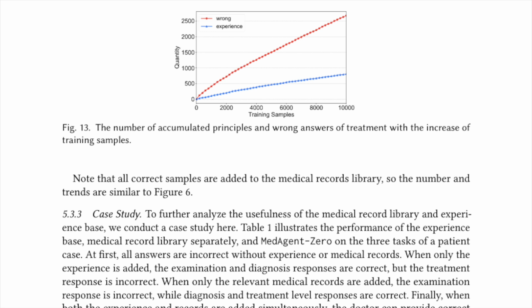When only the experience is added, the examination and diagnosis responses are correct, but the treatment response is incorrect. When only the relevant medical records are added, the examination response is incorrect, while diagnosis and treatment level responses are correct. Finally, when both the experience and records are added simultaneously, the doctor can provide correct responses for all 3 tasks.